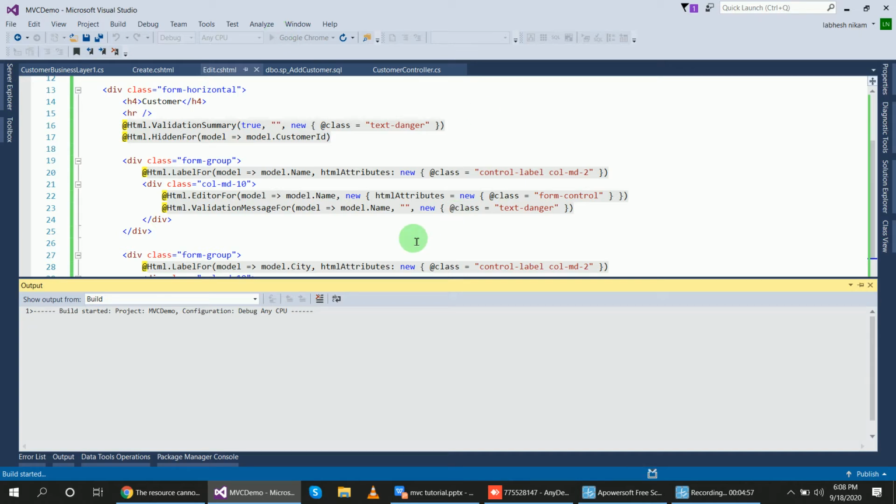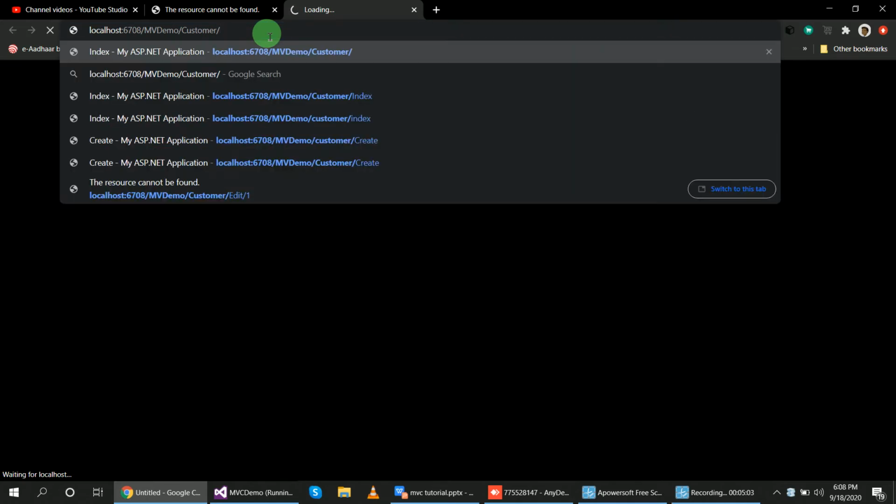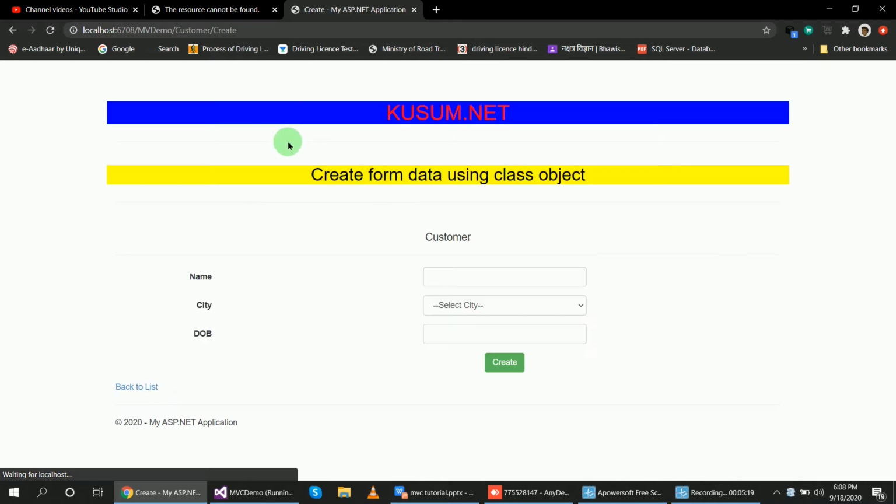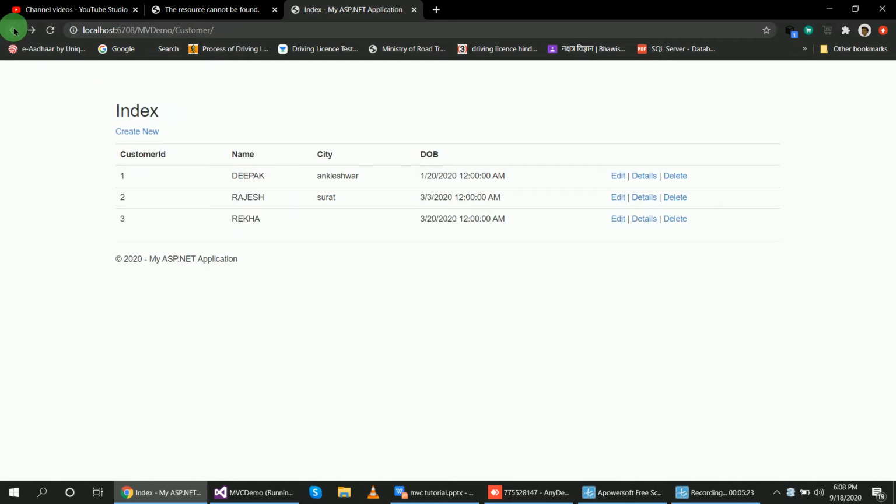Guys, we will not go directly to edit because we first go to the list of the data, and then we will go to the edit page. Directly we can't apply because we need the ID.